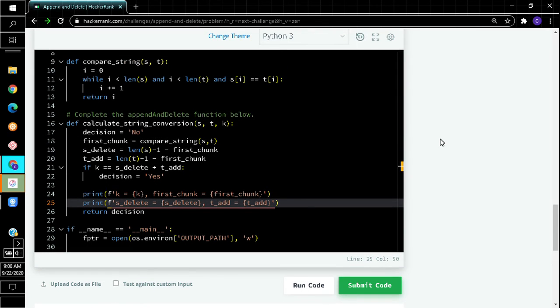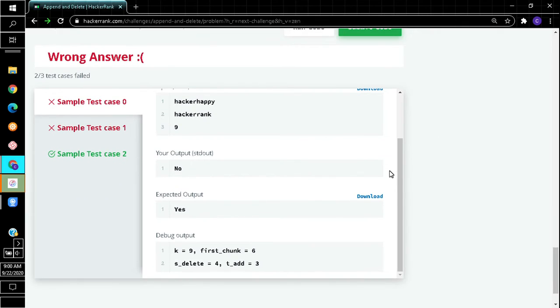First chunk equals 6, so is that correct? 1, 2, 3, 4, 5, 6, yeah. Ends at index 5, technically, okay? So we're doing 6, and then my delete, I get 4. So I'm deleting 1, 2, 3, 4, which is not correct. I'm actually deleting 5. So we'll take out this -1,